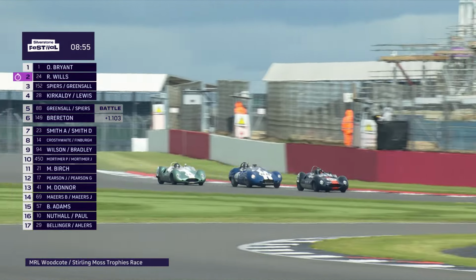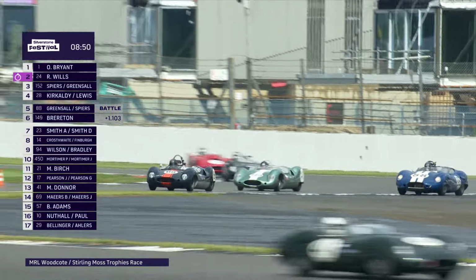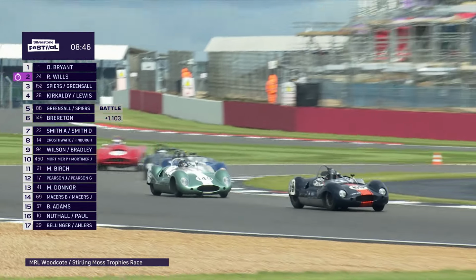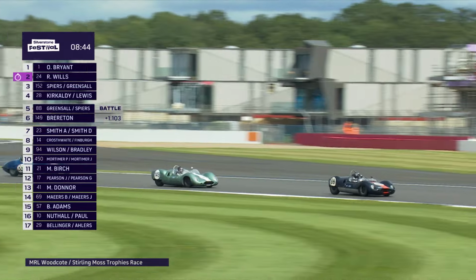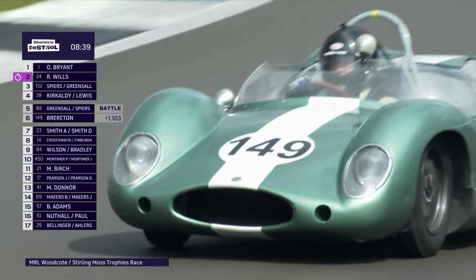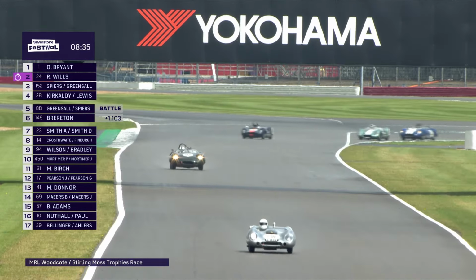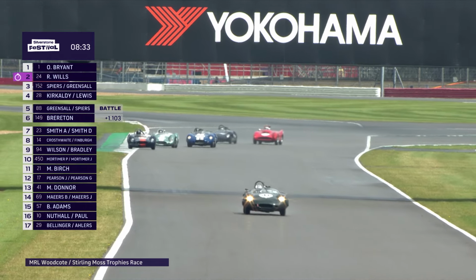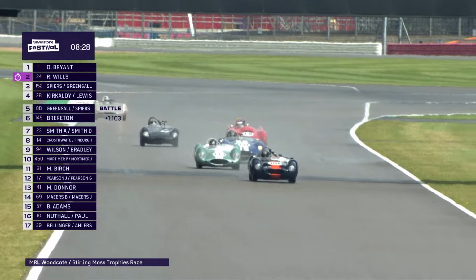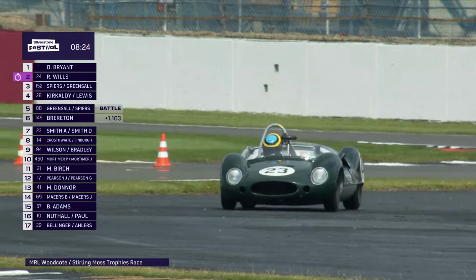This is very close indeed, and the little Cooper in front is not helping things much. I mean, he's determinedly trying to stay on the racing line, doing exactly what he should do. That's Justin and Ben Mayers in their Cooper Monaco. And despite the fact you've got quicker cars behind, the advice is always stay on the racing line, then you're at least predictable. If you wander off it, nobody's got a clue where you're going next, so you are by far safer there. Shane Brereton goes by,